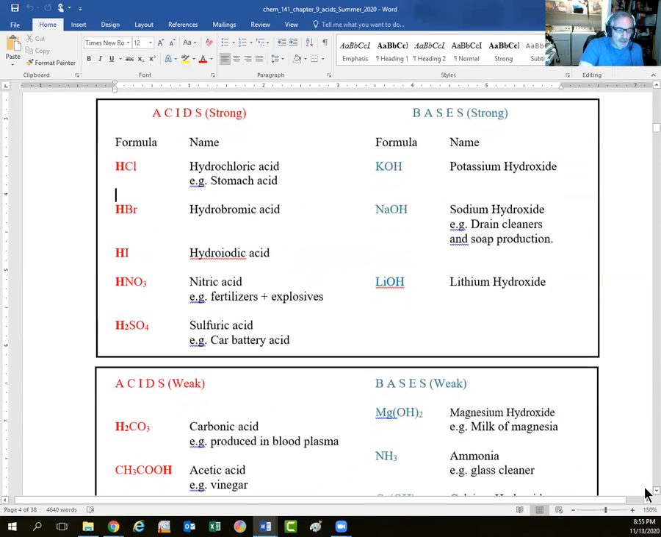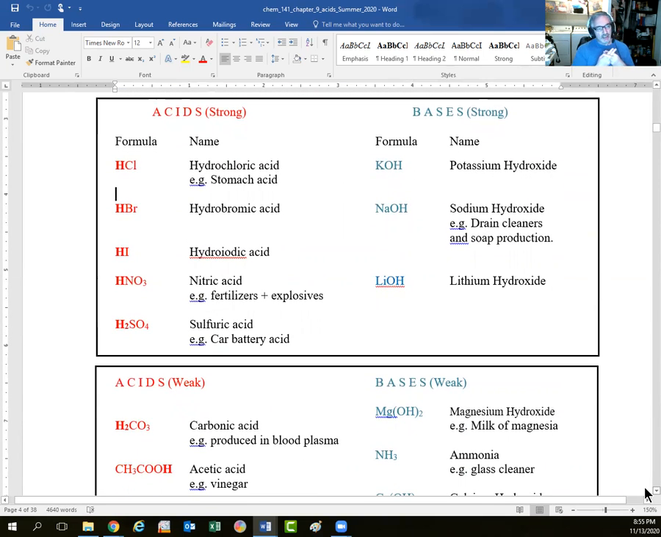Now, it's also a good idea to become familiar with some of the common acids and bases, strong and weak, as we'll see here. The common strong acids in chemistry are when hydrogen combines with one of the halogens in group 7 that is not fluorine. So we're talking about hydrogen with chlorine to form hydrochloric acid, hydrogen with bromine to form hydrobromic acid, hydrogen with iodine to form hydroiodic acid. And then nitric acid using the nitrate ion with hydrogen, and sulfuric acid using sulfate with hydrogen are the other